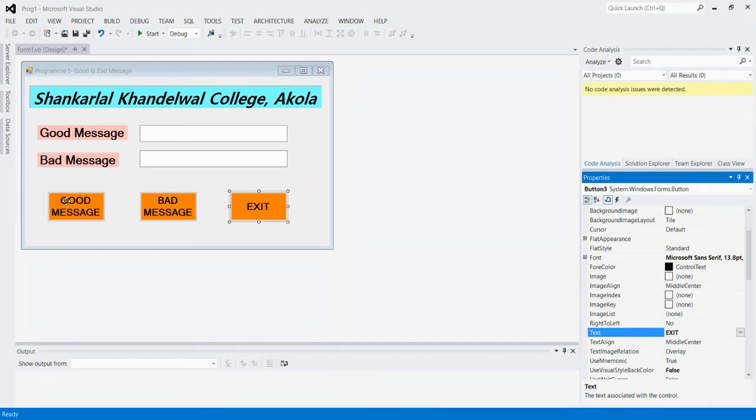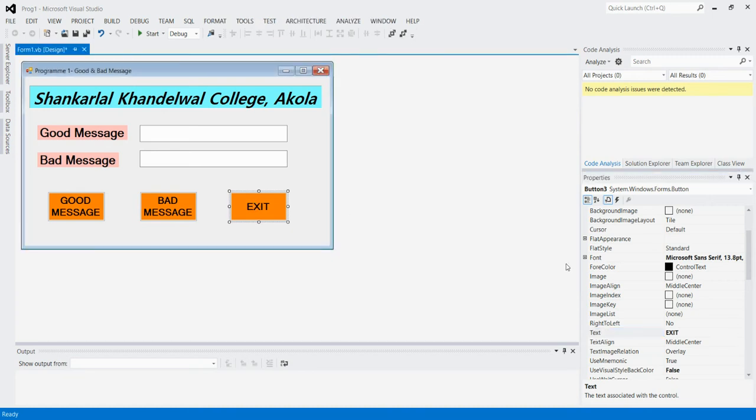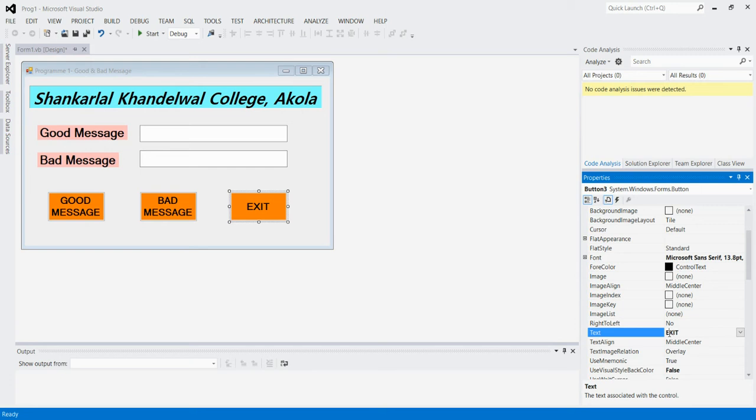Now we will do one change over here. I must add one additional symbol in exit for the X letter. I will add an ampersand over here. You will see the modification: under this X one underscore will appear, and this underscore means the accelerator.